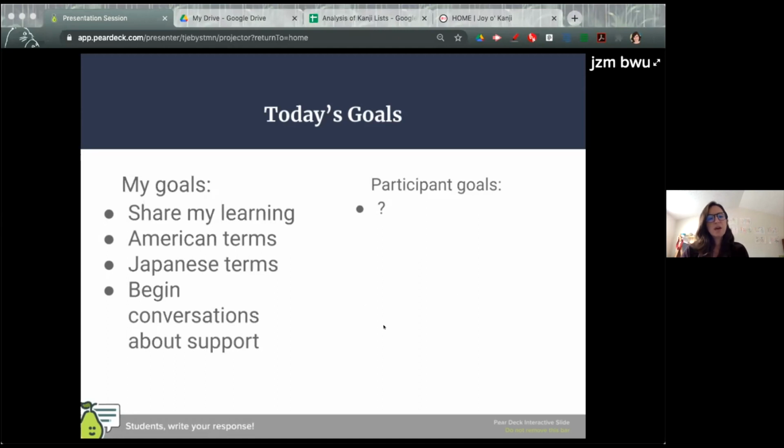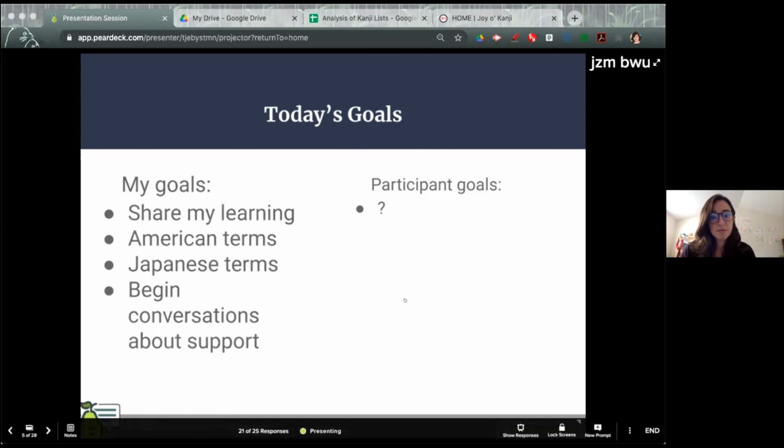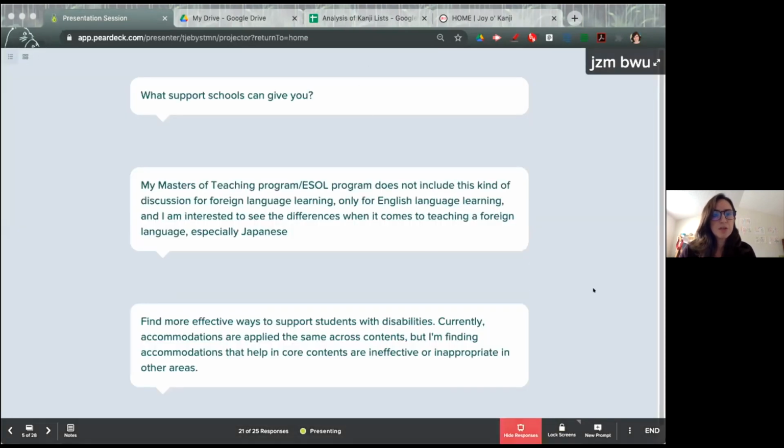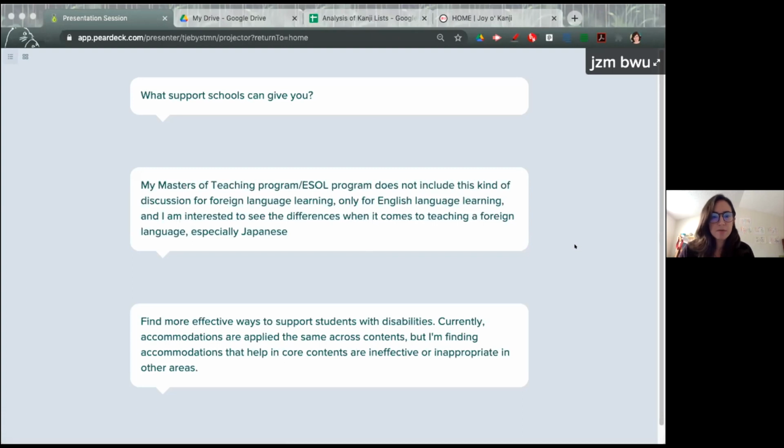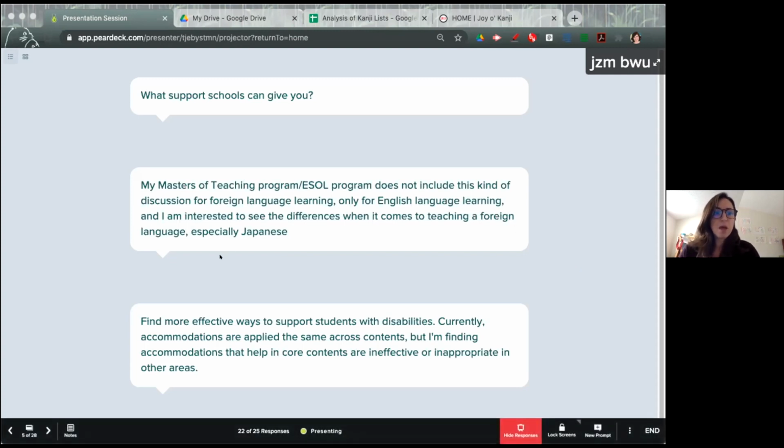All right, so we've got some responses that several people are sharing in common. Let me show you some representative ones here. Several of you mentioned wanting to know what additional support your school or your university can give you for helping these students in the classroom. This comment that is coming up second here,